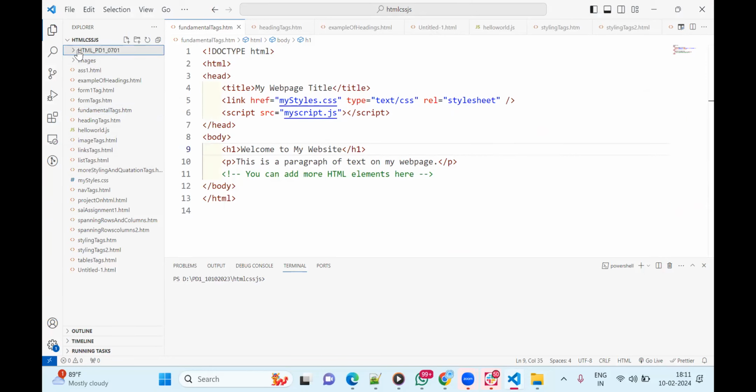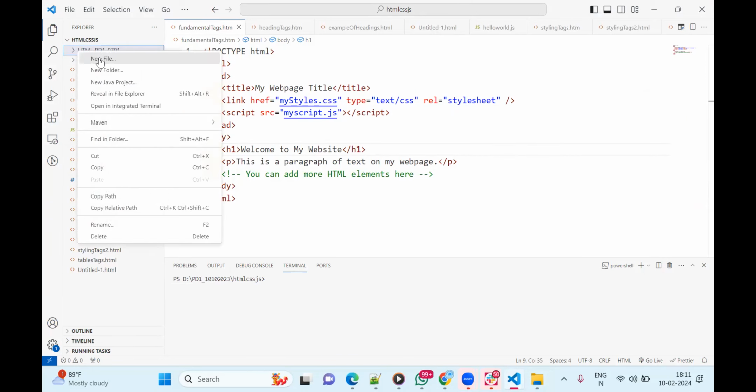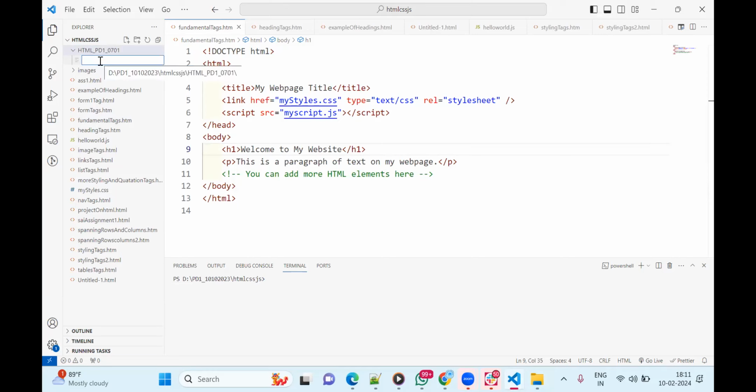In this folder, right-click and click on new file. Give it a file name. You are going to create one HTML code. I will start with example1. You have to write it like this. Whatever the name, Example1, Kalyan1, fundamental tax form, whatever name you give, and write